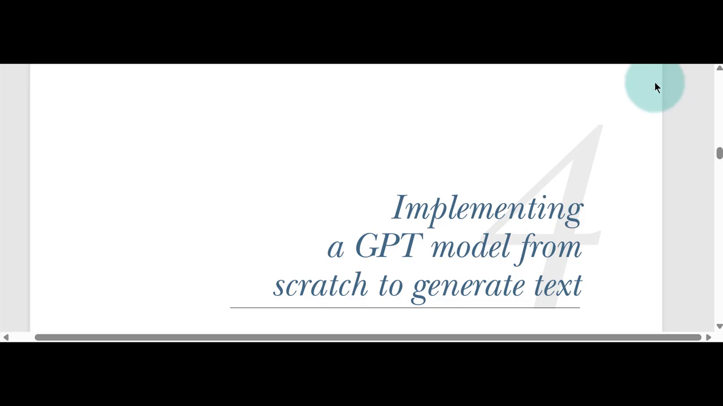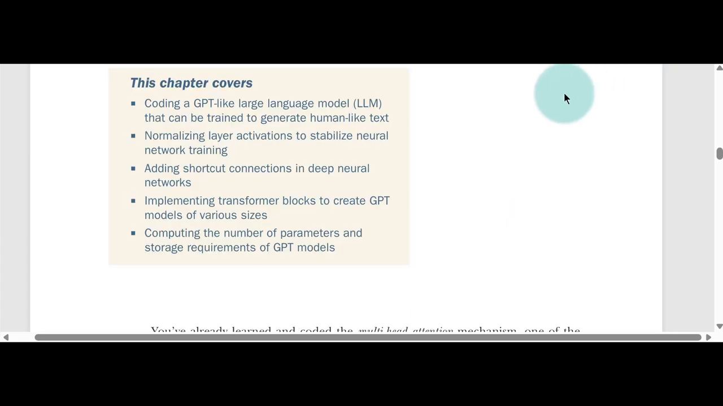Okay, so this is chapter 4 from Sebastian Raschka's Build a Large Language Model from Scratch. And this is called Implementing a GPT Model from Scratch to Generate Text. So we've covered the first 3 chapters. Actually, we skipped the first chapter, but we covered 2 and 3. So in this chapter, coding a GPT-like large language model that can be trained to generate human-like text,